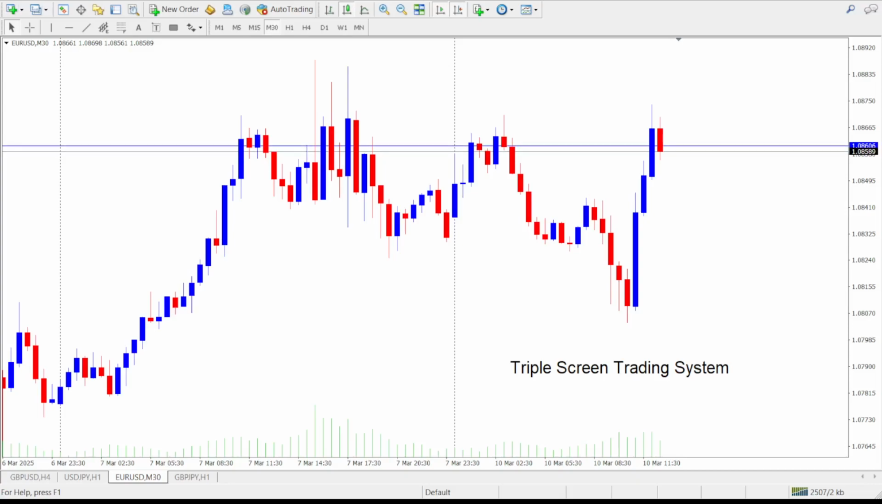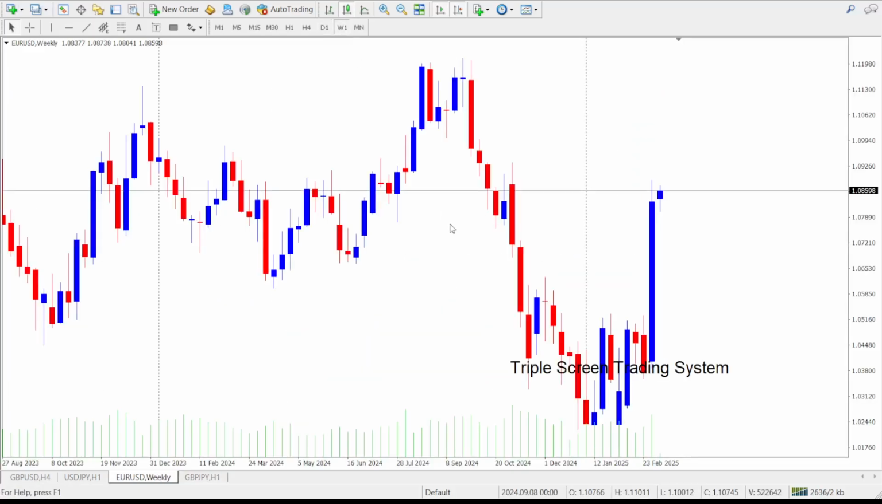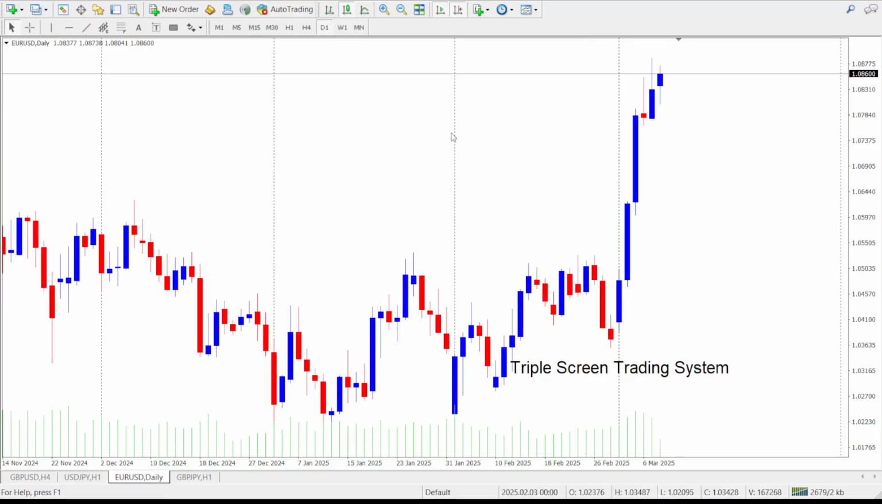Okay, let us take a deeper dive into how it works. The first screen is all about identifying the overall trend using a longer time frame. Most traders start with something like the daily or the weekly charts, right? The goal here is to look at the bigger picture and determine whether the market is trending up, down, or sideways. For example, let's say you are looking at the daily chart. Now, if the price is making higher highs and higher lows, we can see this consistent increase